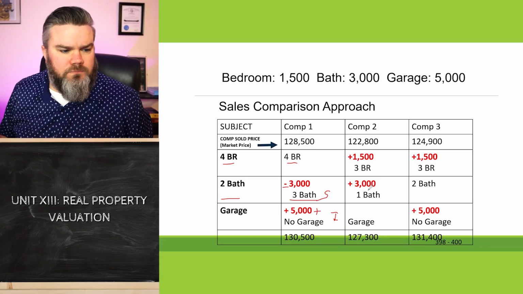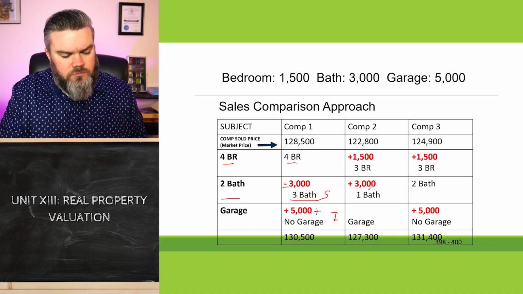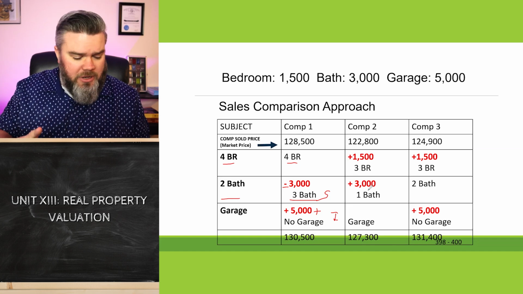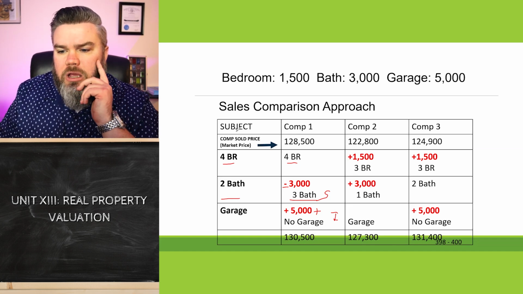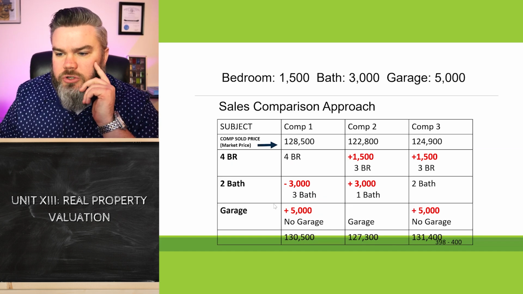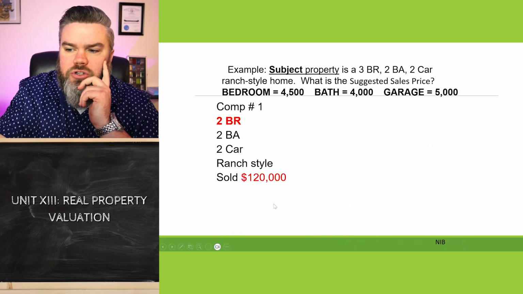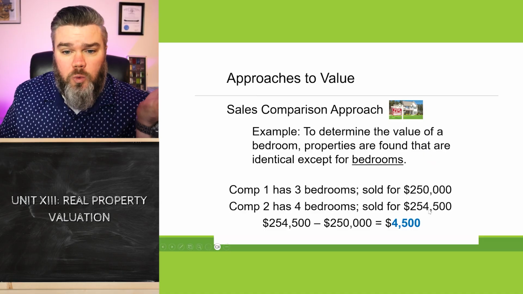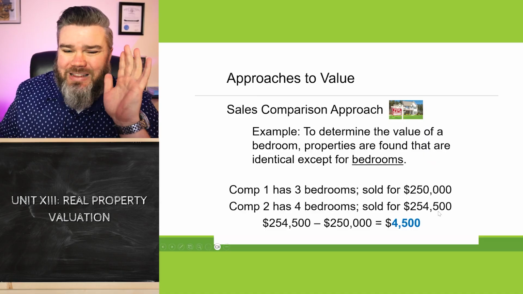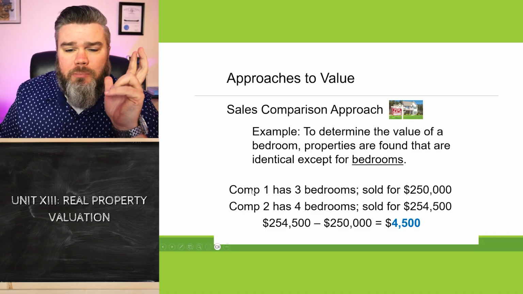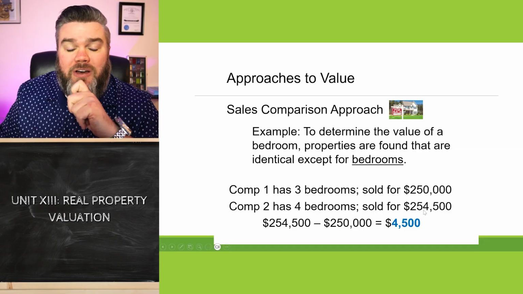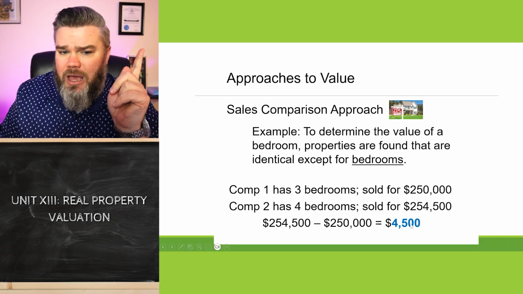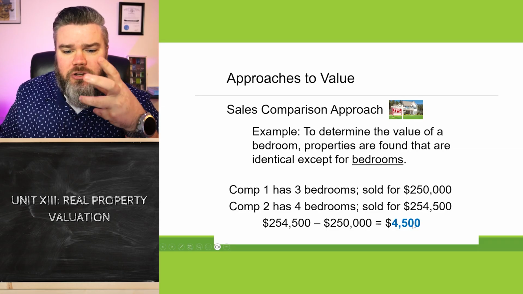Yep. What you got, Raphael? So in reality, you just need one to compare and to find out the value, right? So no. I think that's where you're getting lost. In this example, just a few moments ago, I was merely showing you how you could determine what a bedroom was worth in the real world in a market. But that's just one piece of the puzzle. We're comparing one comp with another comp to determine the value of a feature, like knowing that a bedroom in this market is worth about this. But that's not the CMA. That's just how you would potentially find the value of a feature.